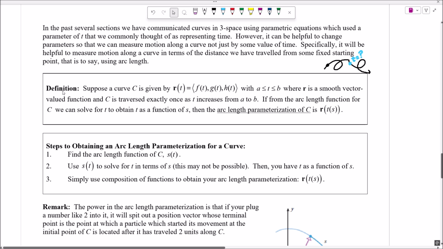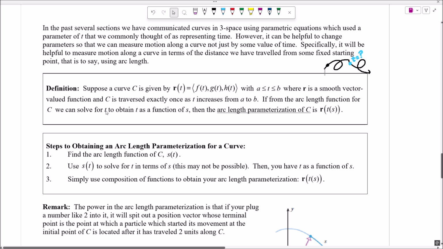Take a look down here at the following definition. Suppose we have a curve C, it's a vector function defined on some interval from a to b. We have a smooth vector function, it's traced exactly once, so it's ready to have an arc length calculated for it. If it's the case that the arc length function for C can be solved for t,